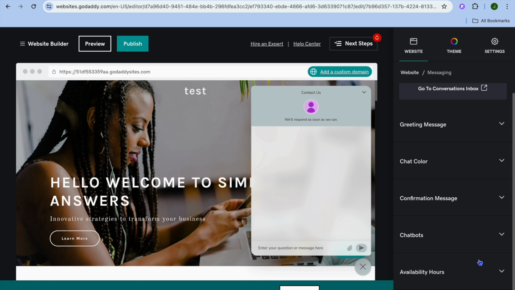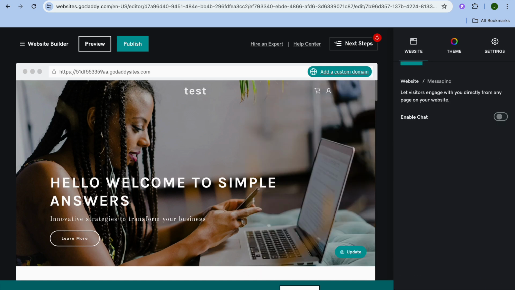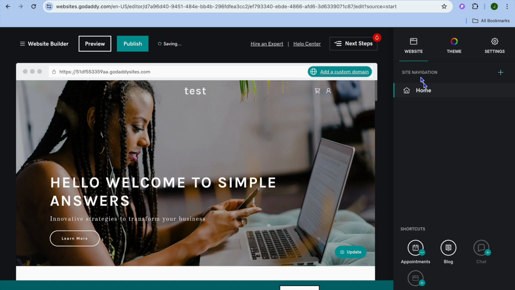If you would like to disable it in the future, you can simply tap in the bottom right hand corner where you see enable chat. You could tap on disable it. You can also add a pop-up